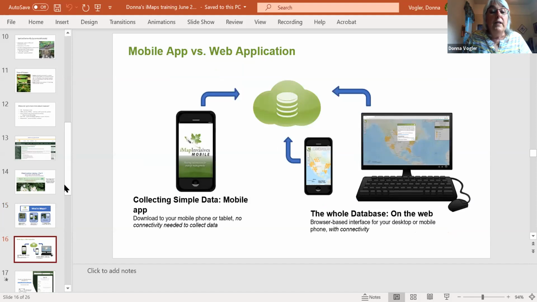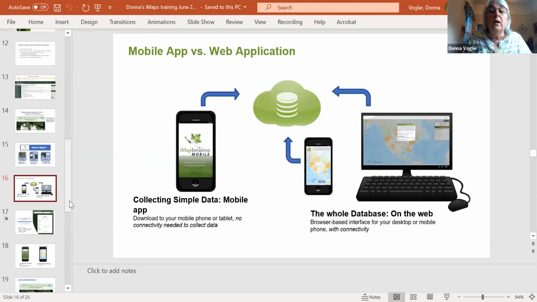Now, Jeff will be taking us through the mobile app, which is these days where most people start. But those of us who are in the Pleistocene age of the iMaps, it was originally only on the computer and you had to go out, get a GPS point, and then bring it back. But both pieces are still there and they're integral to how the thing works.